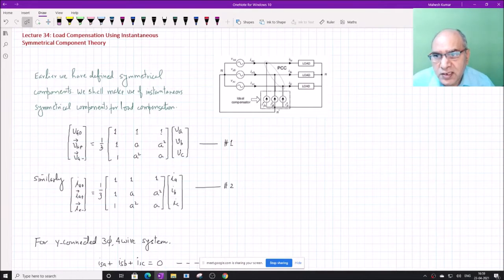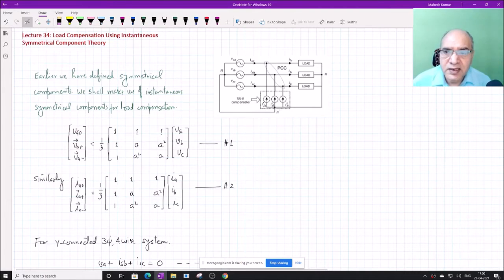In this lecture we will study the load compensation using instantaneous symmetrical component theory. This is another formulation which can be used to extract the reference current for the compensator, and then we can use the voltage source inverter to track these reference currents as per the previous scheme. That scheme will not differ. Once we have the reference current, we can use any kind of switching control scheme to realize these currents at the power level. Okay, so let us try to understand this concept.